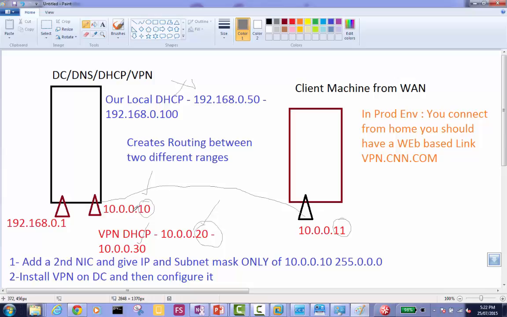So that's actually a good question. Another proof, hey, is VPN connecting or not? We will already have our 10.0.0.11 IP, we should still have it. And we will have a second IP as well, which will be the VPN IP. So when we run ipconfig /all, we must have two IPs, 10.0.0.11 and 10.0.0.20. Yeah.